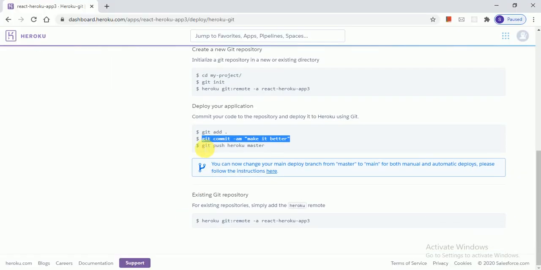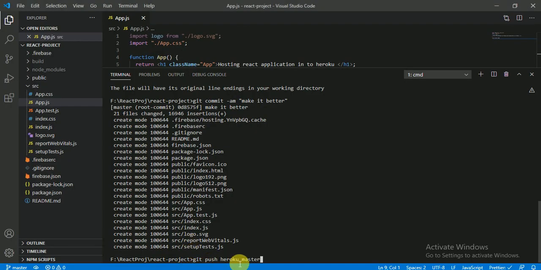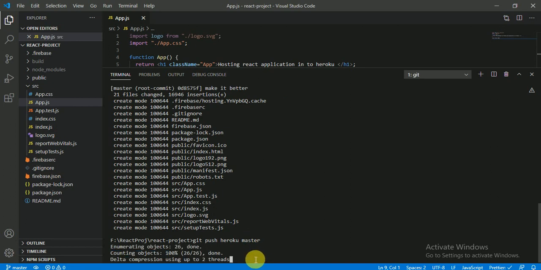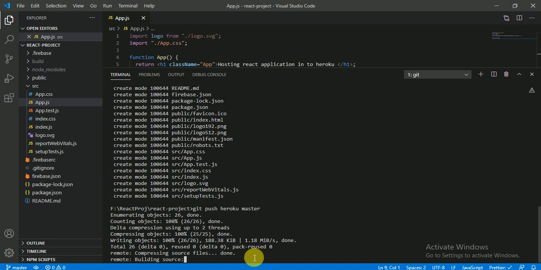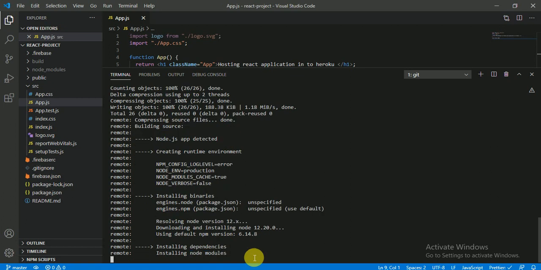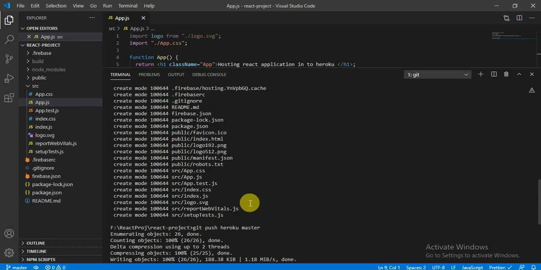Now you have to push your code by using git push heroku master. It will install some dependencies and all that. Let us wait until it gets pushed successfully.